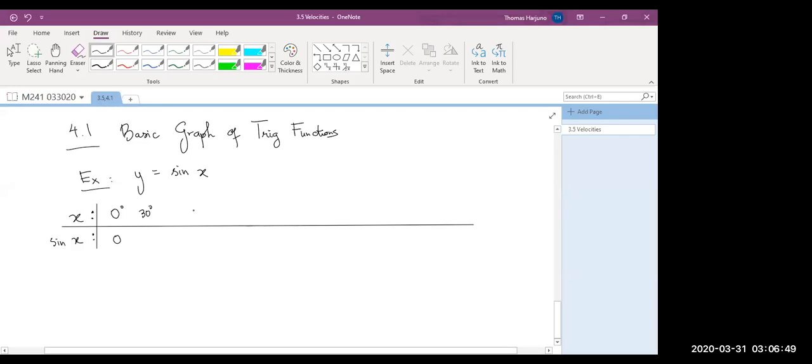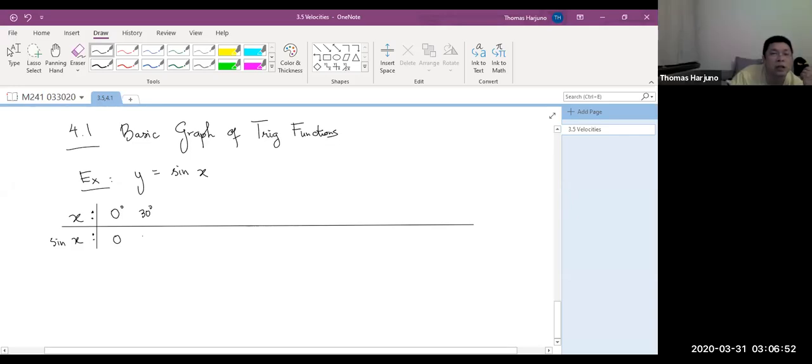Yes. Okay. Sine 30 degrees in decimal is 0.5. Sine 45 degrees is 0.707. Just make it 0.71. Sine 60 degrees is 0.866, as I remember. Let's make it 0.87. And then sine 90 degrees is 1. Now, what I want you to do is to continue with